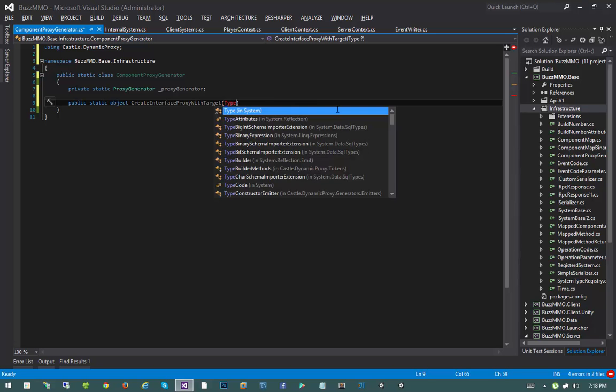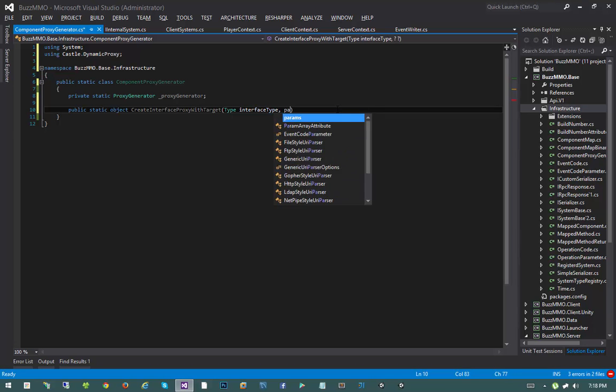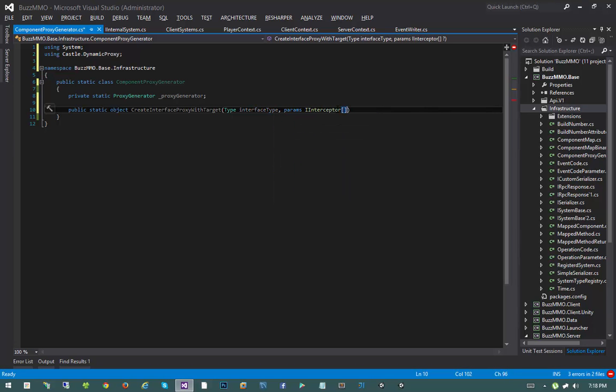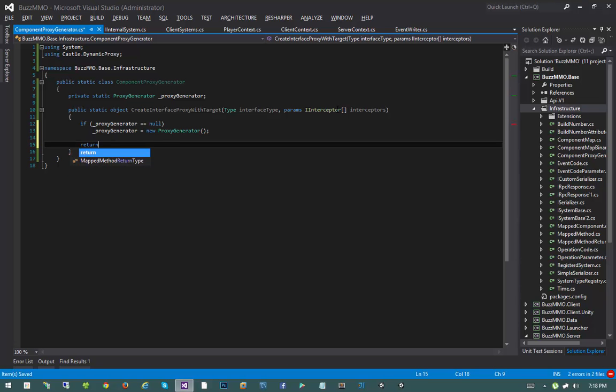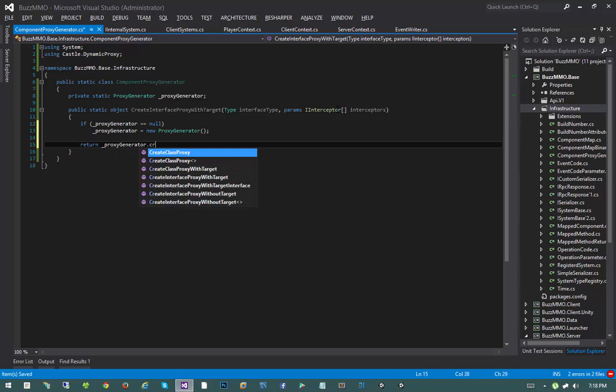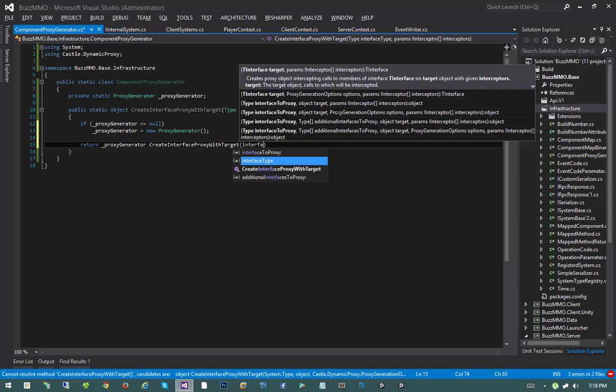I'm going to pass in a type, interfaceType, and a params IInterceptor array of interceptors. This method is simply going to say if proxyGenerator equals null, proxyGenerator equals new ProxyGenerator. Then I'm simply going to say return proxyGenerator.CreateInterfaceProxyWithTarget, passing in the interface type